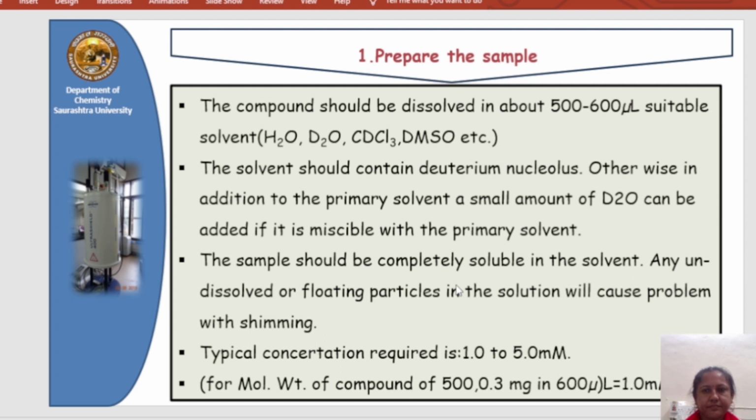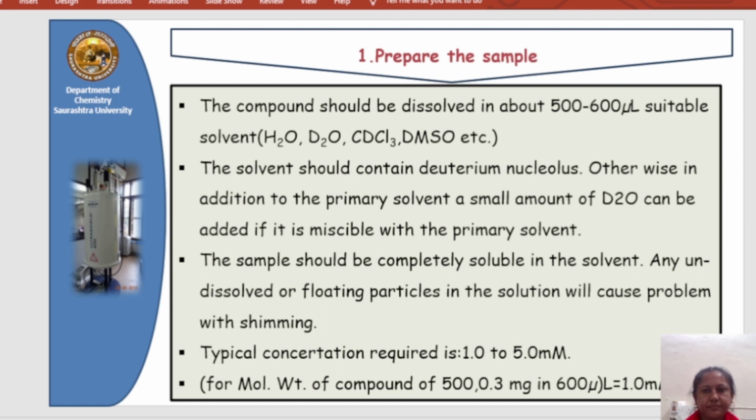The next important point is the reference compound, the internal reference standard. So what is the internal reference standard? If we use D2O or H2O as a solvent, so an aqueous solution, tetramethylsilane cannot be used as an internal standard. But if we use CDCl3, DMSO or any other solvent, at that time we can use TMS as an internal standard. For D2O and H2O, we use DSS. Why? Because the salt is soluble in water and also in deuterated water. DSS is a sodium salt of a sulfonic acid, trimethylsilyl propane sulfonic acid, and that's why we can use it. Otherwise, we cannot use it.